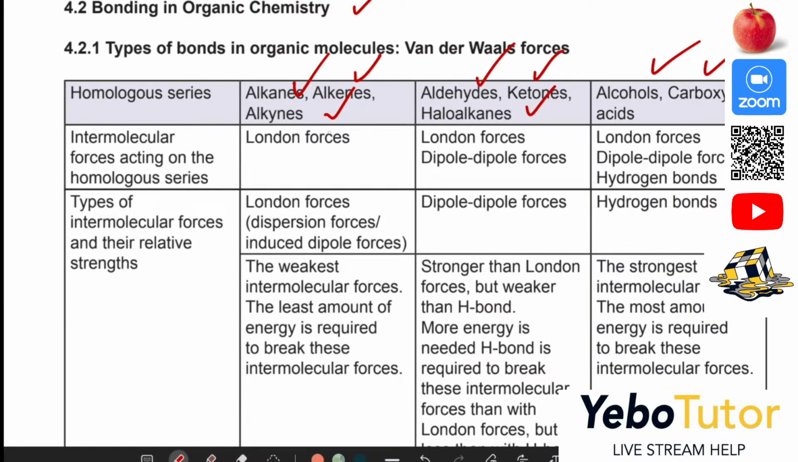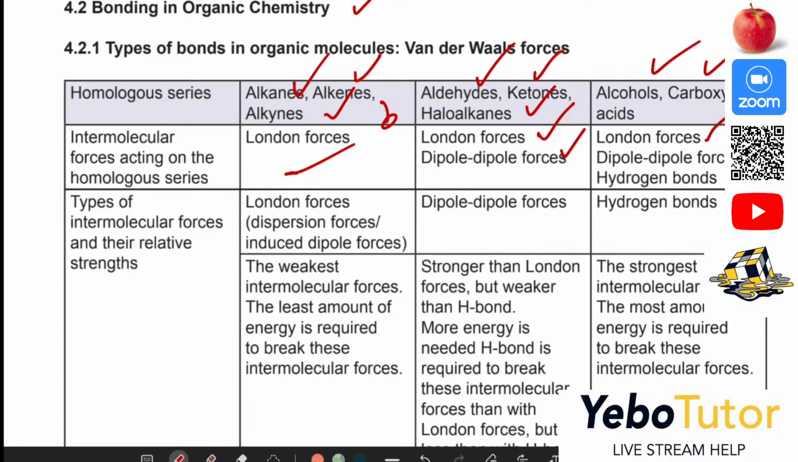When we are looking at the first three, the alkanes, alkenes and alkynes, the only intermolecular forces there will be are London forces. You need to understand that as well. And understand that when we are looking at the aldehydes, ketones, and haloalkanes, there will be London forces as well as dipole forces. Now, the alcohols and carboxylic acids will have London forces, they will also have dipole forces,